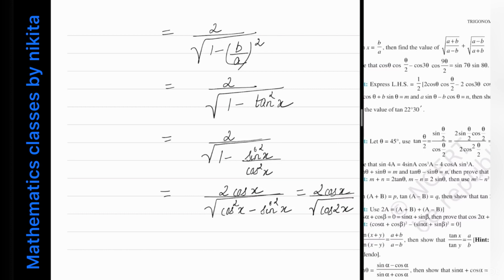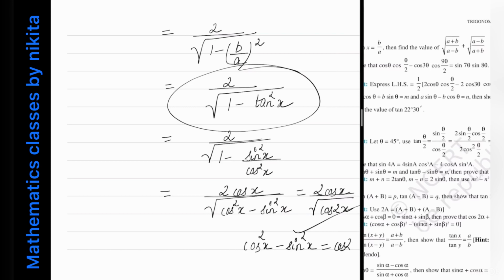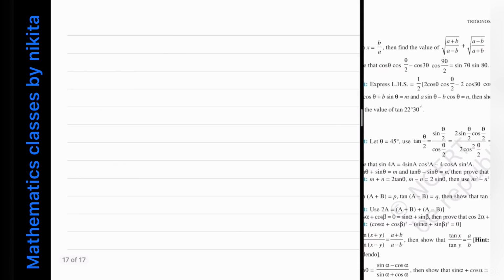दिस इज, आप अगर यहाँ भी छोड़ेंगे ये भी ठीक है, और अगर एग्जाम के क्वेश्चन थोड़ा सा और मॉडिफाई कर दिया, देन दैट फाइंड द वैल्यू ऑफ दिस and hence prove that this is equal to 2 cos x divided by root of cos 2x. So यहाँ तक मैंने सिंप्लीफाई कर दिया, और यहाँ पे हमने कौन सा फॉर्मूला यूज़ करा है, दैट cos square x minus sin square x is equal to cos of 2x. I hope you understood the question. Now let's see the next question.